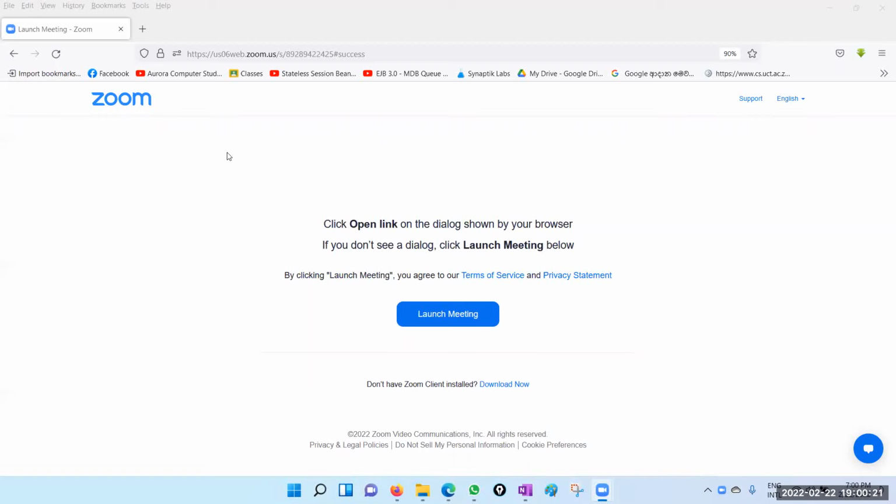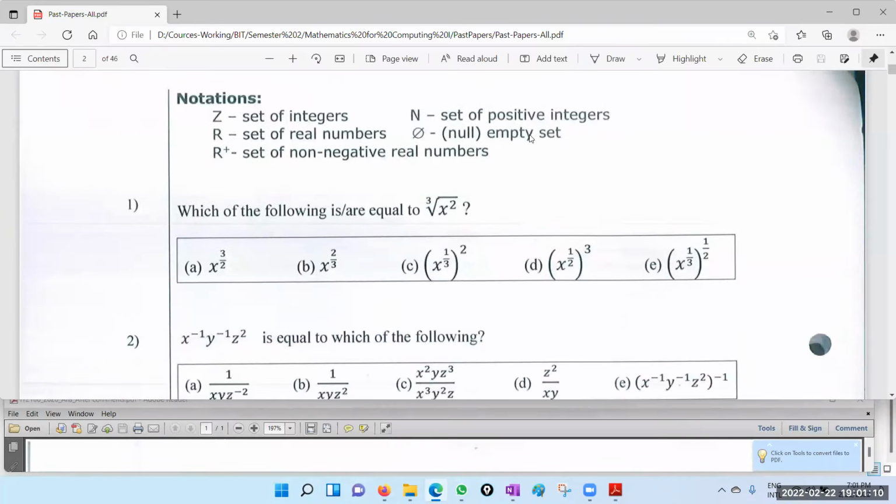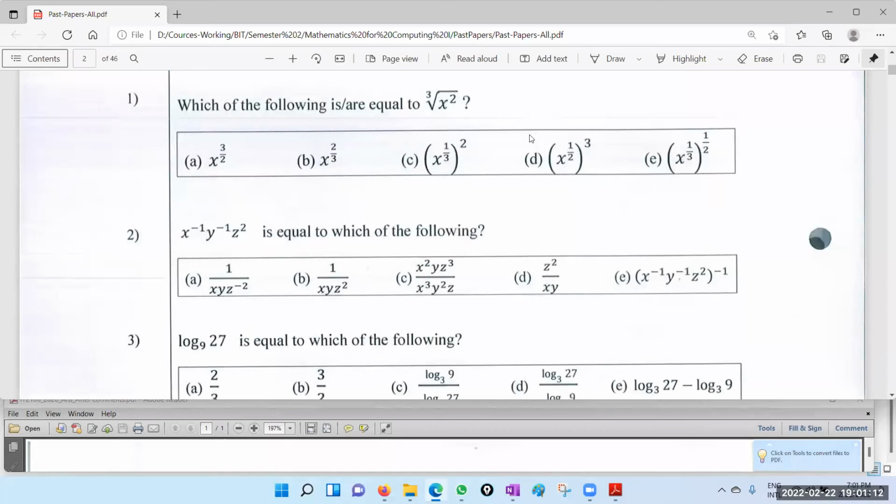Right. So today we are going to do the 2020 past paper. Okay, maths paper. So question one. This is not a difficult paper. You can easily pass this paper. Actually, this paper is easier than the semester one maths paper,